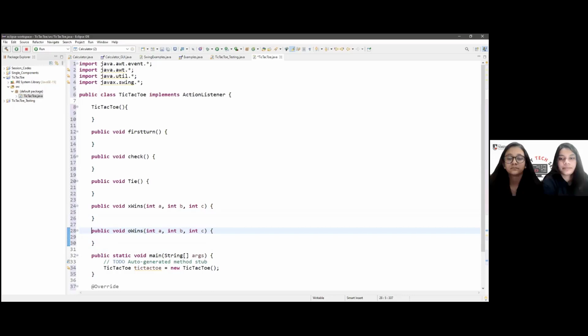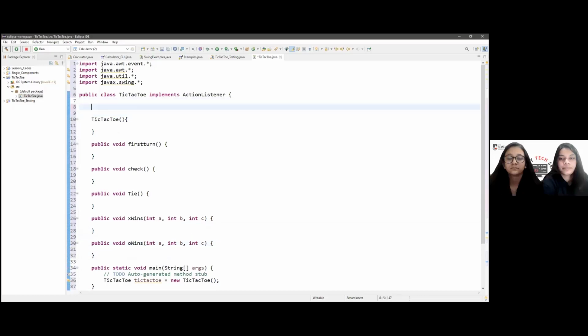Okay, so now let's start by declaring a few things in the program. So we are going to determine whose turn it is first, and that would be random. So let's type after the implements statement. Just remember that in Java, the first alphabet of the class is always capital, and if the class includes two words, then the second word's alphabet would also be capital.